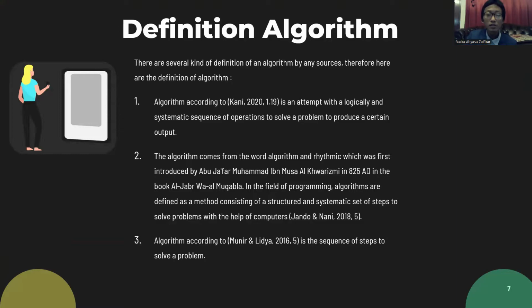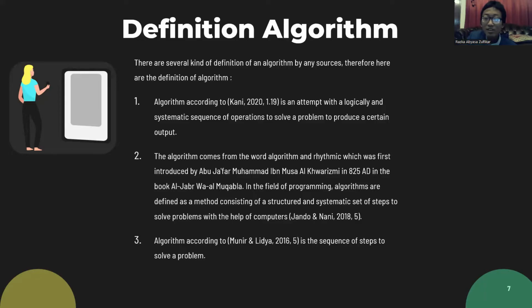1. Algorithm according to Kenny 2020 is an attempt with a logically and systematic sequence of operations to solve a problem to produce a certain output. Number 2, the word algorithm comes from the word algorism and rhythm, which was first introduced by Abu Ja'far Muhammad bin Musa